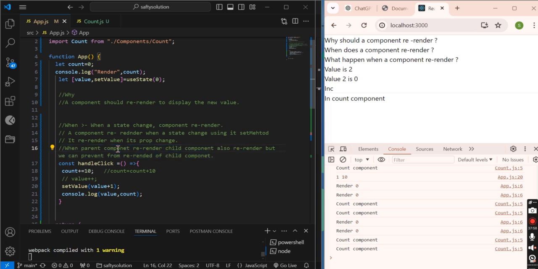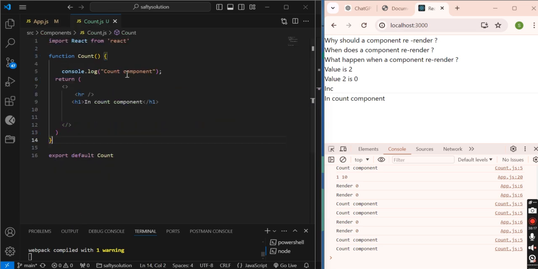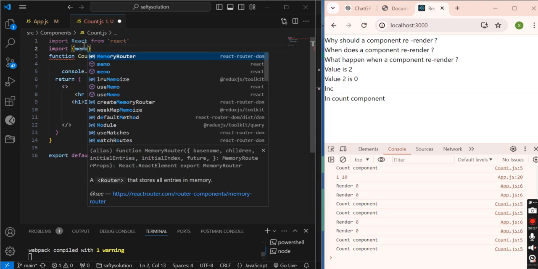What was our point? Our point was when it re-renders, so let me prevent this one first, so that I will be able to explain this one. We can prevent this by using a method called memo.